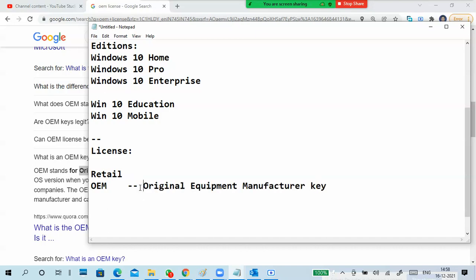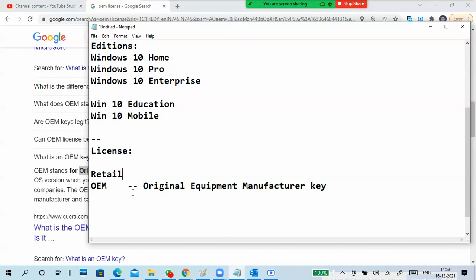The meaning is, you purchase a laptop and you get Windows 10 with it. Like nowadays we are purchasing laptops or desktops with an operating system. Earlier days, we bought a computer like a PC without an operating system. We installed the operating system, or asked some technician or friends, mostly illegal. Or we purchase in a retail manner.